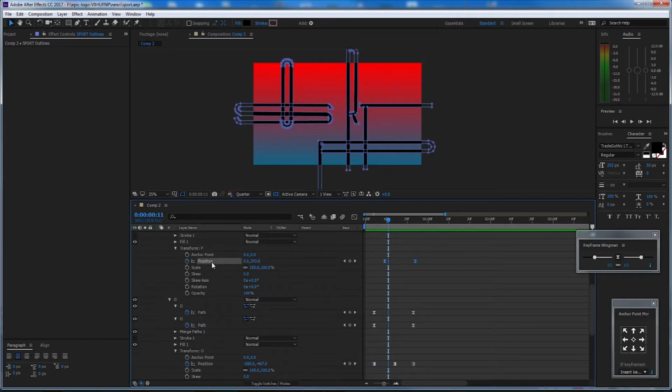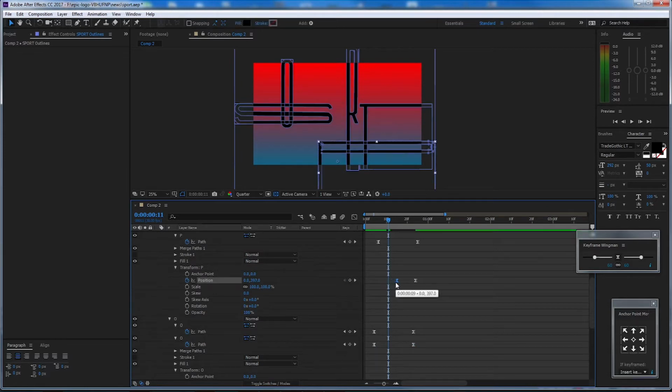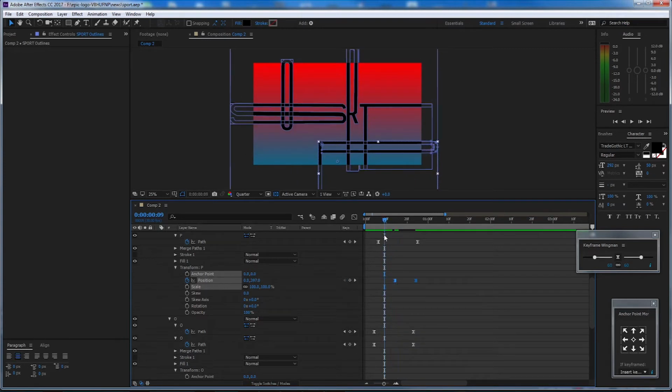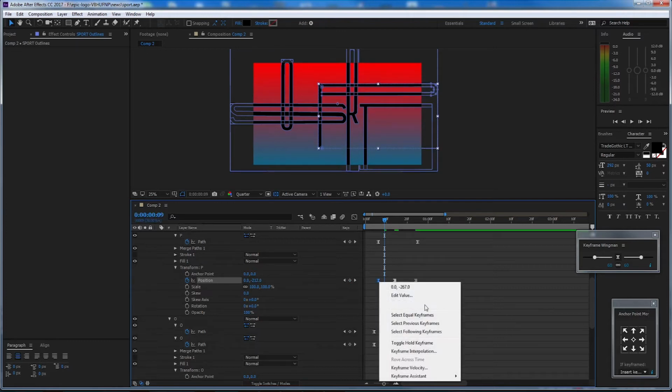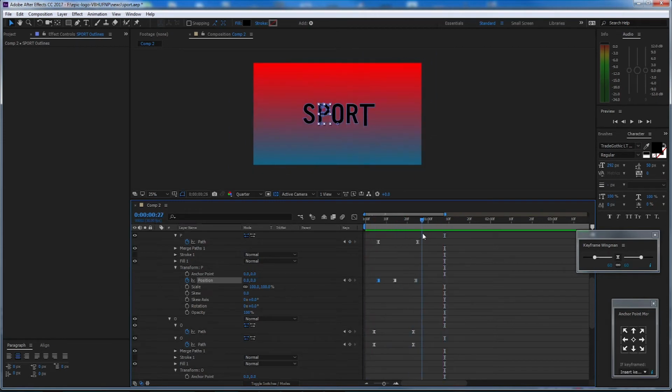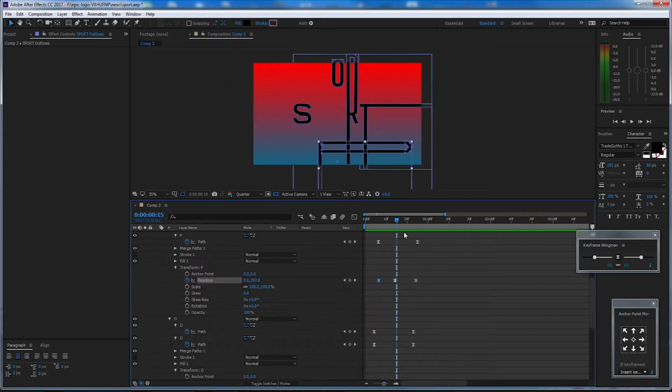Let's go back to the S here. As you can see, this is the one with the P here. Let's make it hold keyframe, and yeah, put it there. Also hold keyframe. Okay. Let's see now. Now for the S,